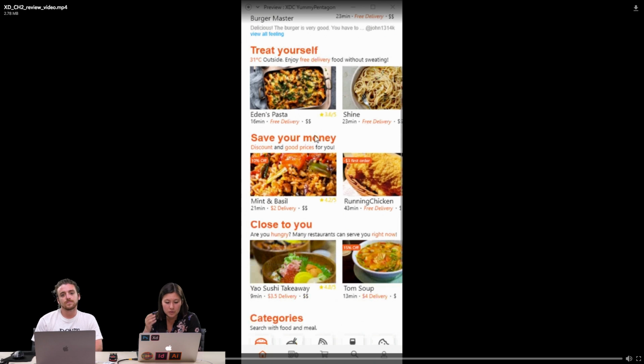Any thoughts on visual design? I think some of the food items, maybe spacing could really help here. Giving a little bit of spacing between your restaurant name and the information below, like the free delivery. It sort of all starts to melt together, and that seems like important information to call out for a user.